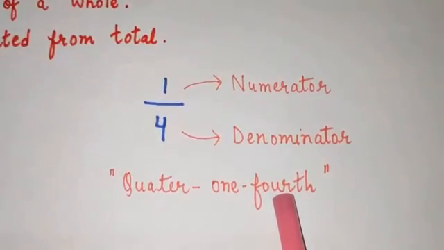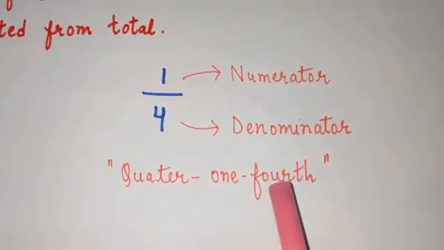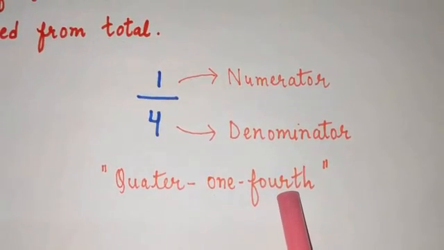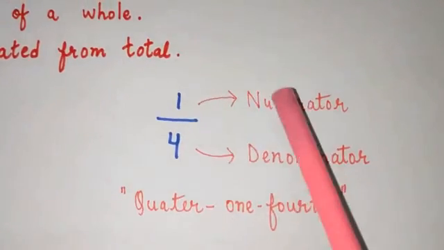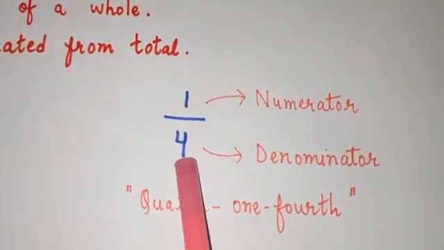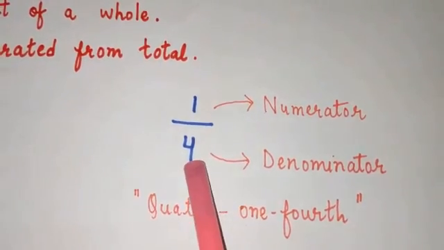So in other words, I ate 1/4 of the pizza. Okay children, and here the total part or the whole part is represented as